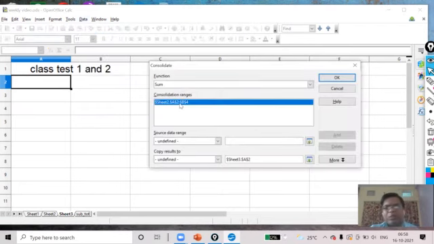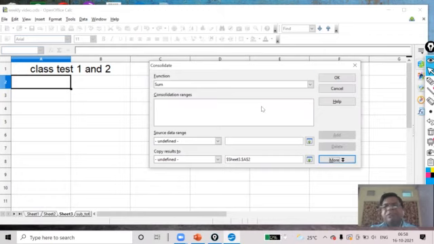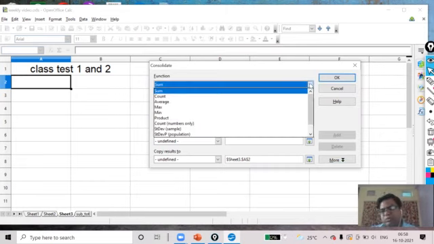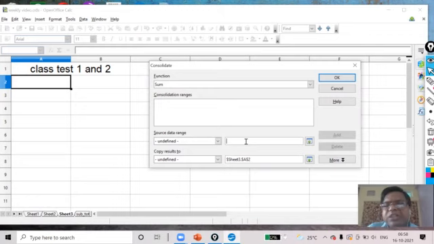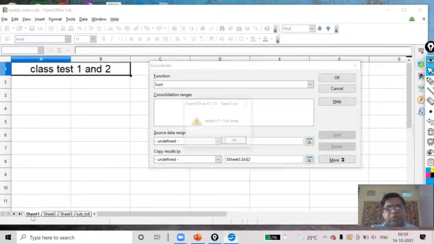Whichever ranges are already there, you have to clear them, because this is the beginning of your sheets. First, I will check the function I have to apply: sum. So I will choose sum. I will keep my cursor in the source data range and go to sheet 1.